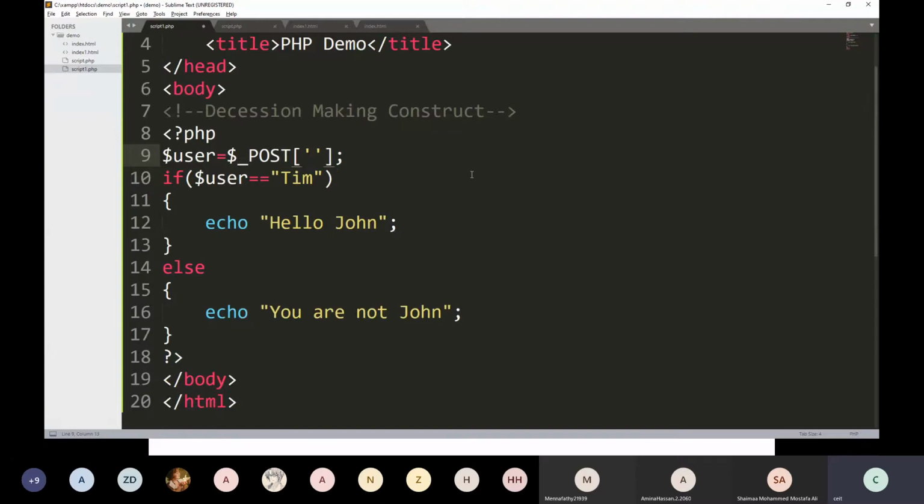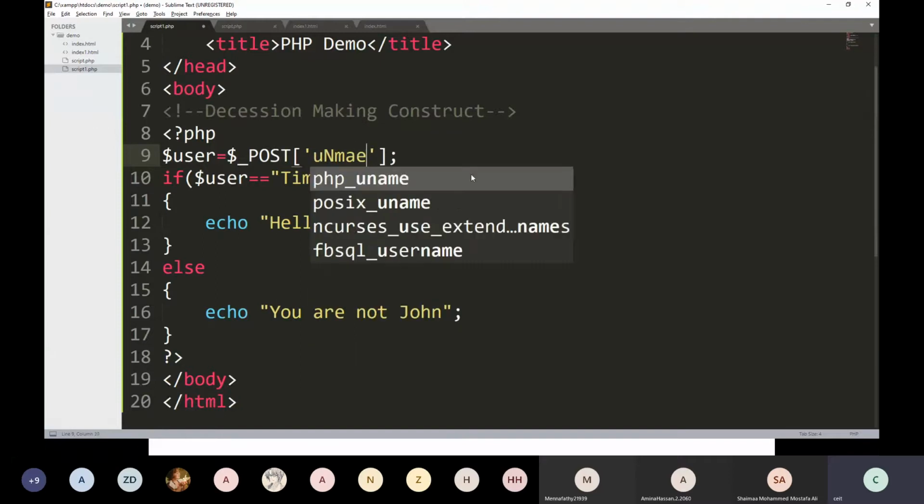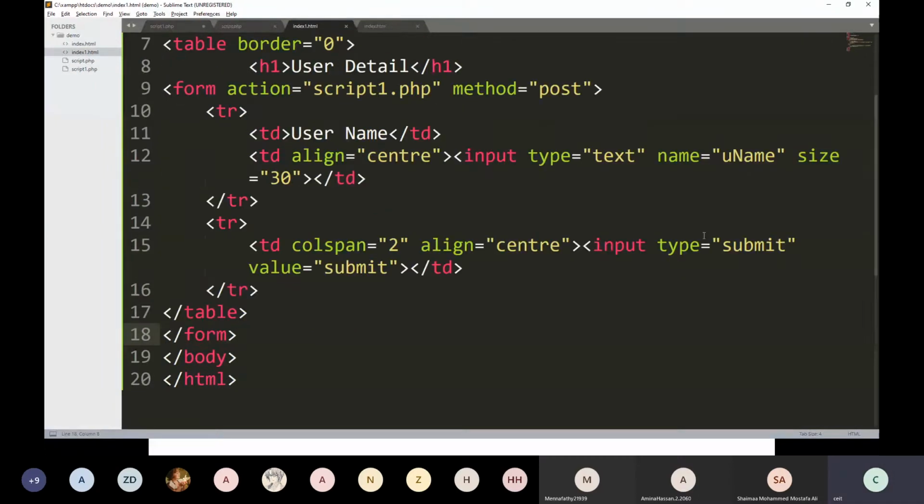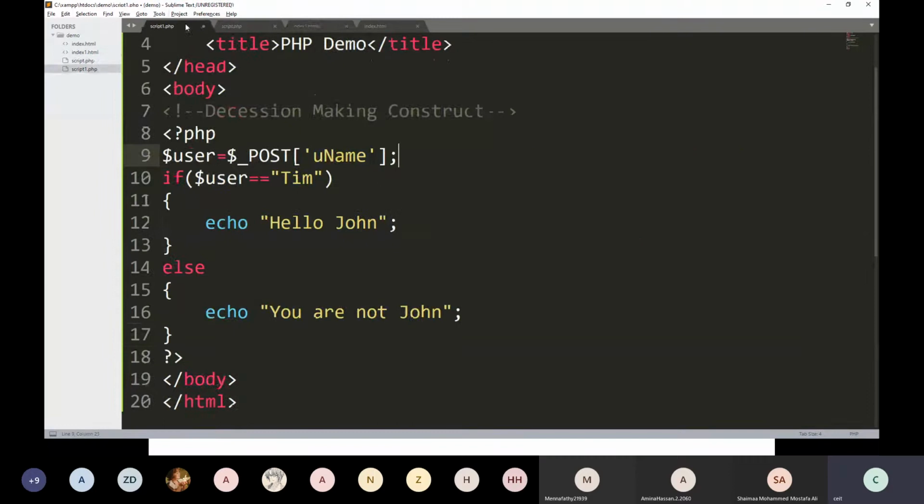Then what is my variable name? uname. We will see that. This is uname. Then I am matching with, suppose the username is whatever uname is getting.